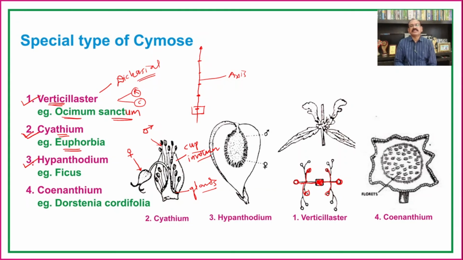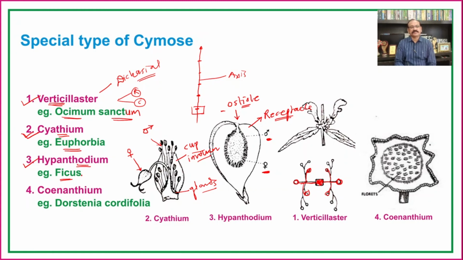In Hypanthodium, which is the best example found in Ficus of the family Moraceae, there is a development of the fruit-like structure, which is nothing but the receptacle. So this receptacle is responsible for the formation of the hollow ball-like structure, and in which there is a development of the female flowers at the base and male flowers at the apex, and a small opening is present at the terminal end, that is known as ostiole. So such a type of the inflorescence in which the receptacle is concave, forming the hollow ball-like structure and developing the male and female flowers having one opening, that is known as the ostiole, is known as Hypanthodium type